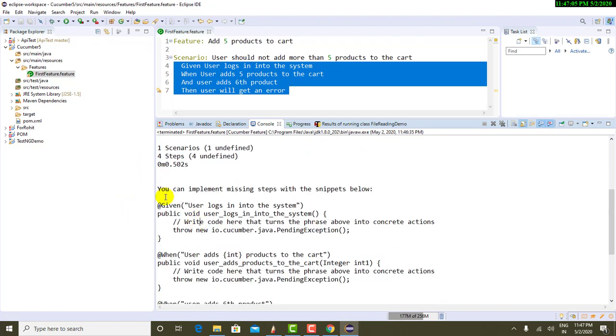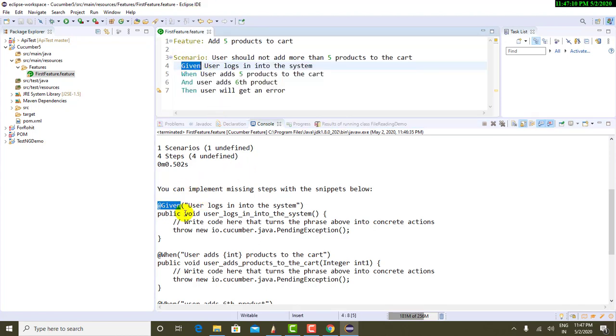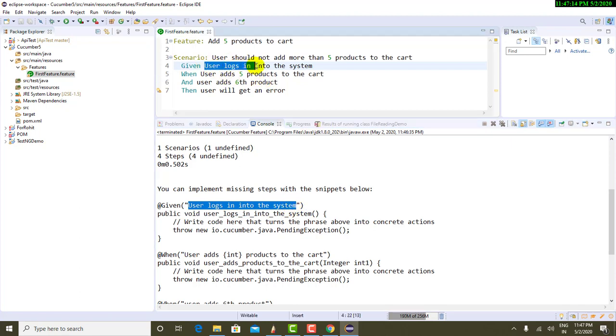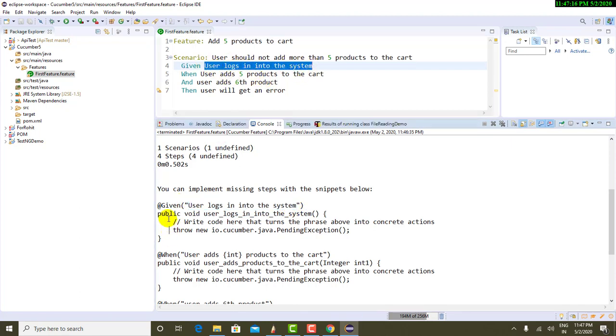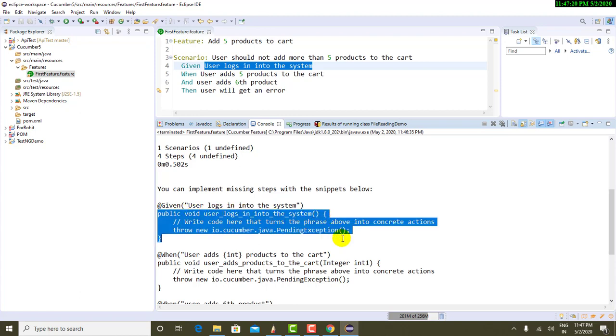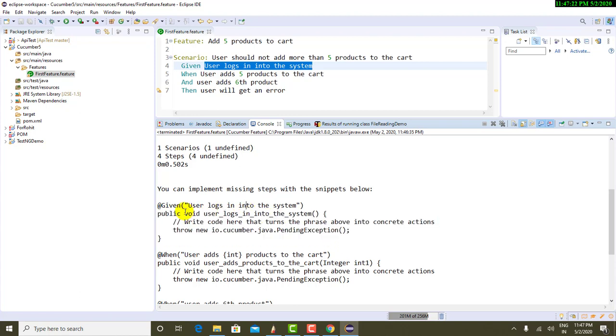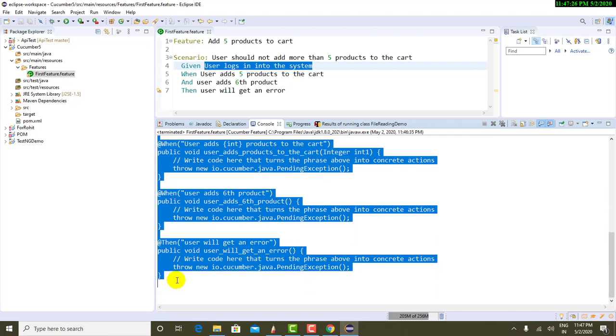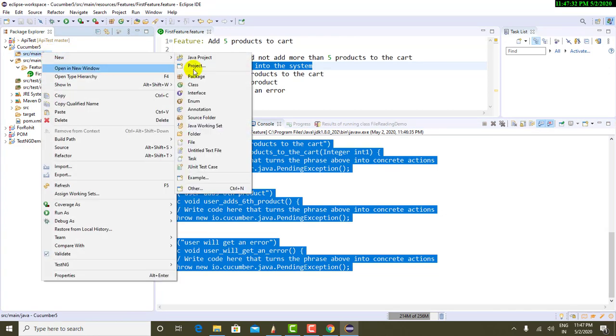Can you see this at the rate given? This is given, and then user logs in into the system. Can you see this statement over here? And if you observe it, it is nothing but a Java method. Can you see this? It is nothing but a Java method. So what I'm going to do, I'll simply copy this, and after copying it, I will go into the main Java package, and here I'm going